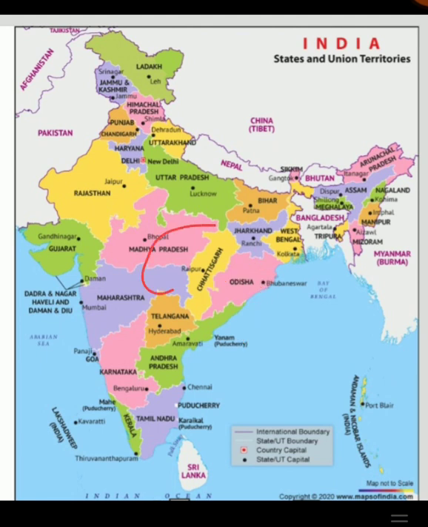Ninth point, the Andaman and Nicobar Islands in the Bay of Bengal and the Lakshadweep Islands in the Arabian Sea form beautiful archipelagos. And what are these archipelagos? Means a group of islands. So these all were the important points of this chapter that you all must have to remember. One more thing I want to tell you, in India, lagoons are formed only in the southern part